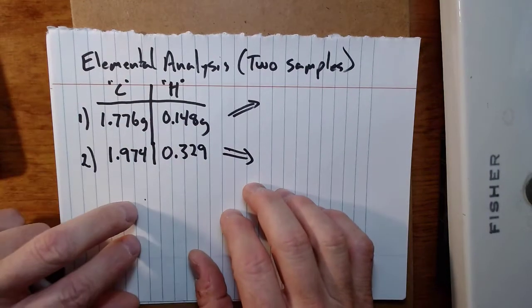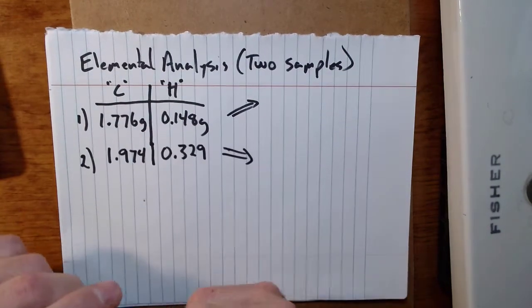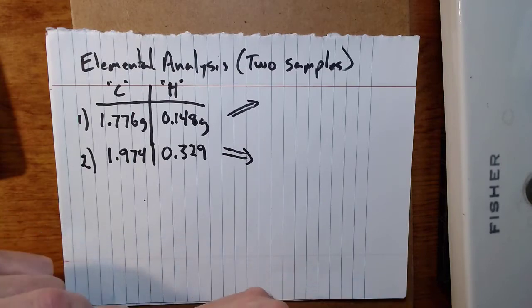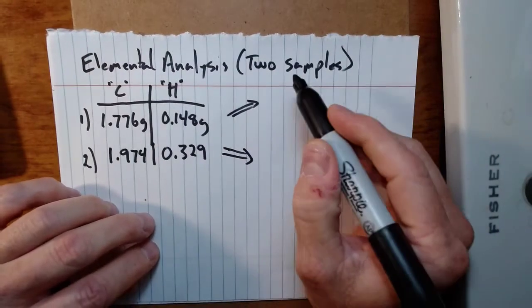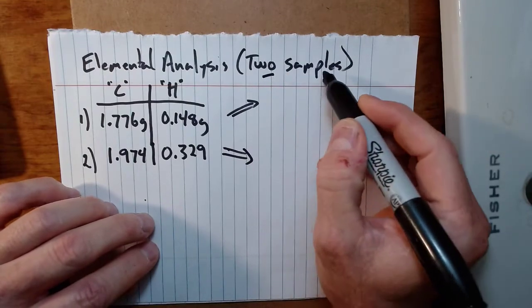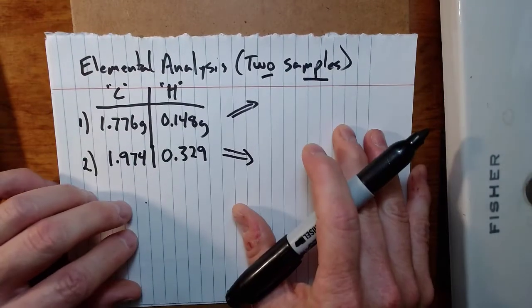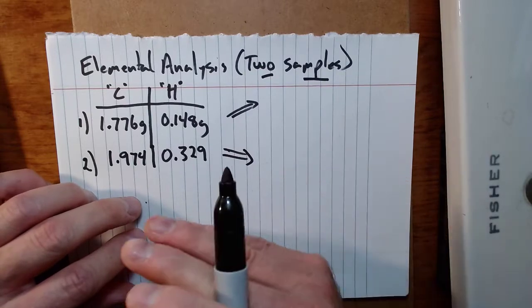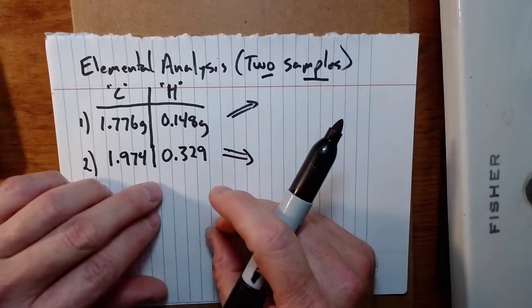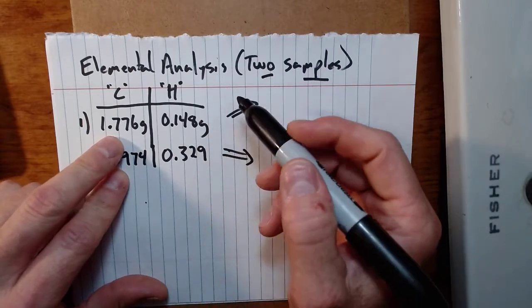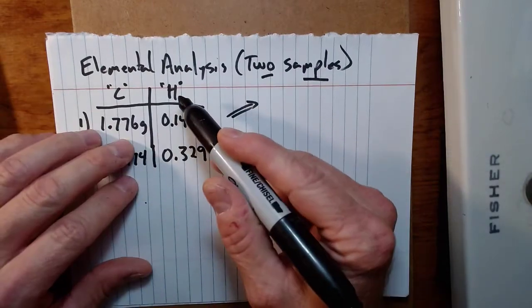This short video is going to help us look at problems where we might have the law of definite proportions or the law of multiple proportions exemplified. So what I have here are two samples of some hydrocarbon. They don't tell us how many carbons or hydrogens it has relative to each other, nor does it tell us the structure. So we take the sample and we run it or have it shipped off for elemental analysis, and